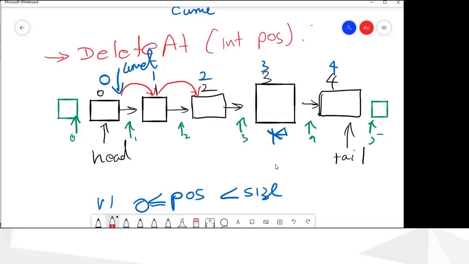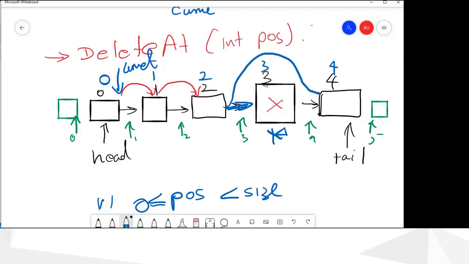So if you move the current pointer here, there will be a problem. So how do you delete this node now? To delete this node, we have a pointer here. So we have to take this pointer and put it here.